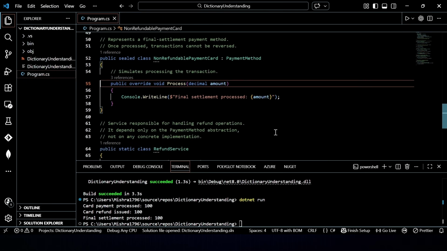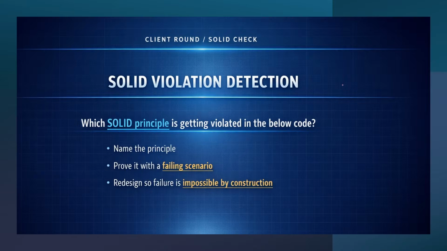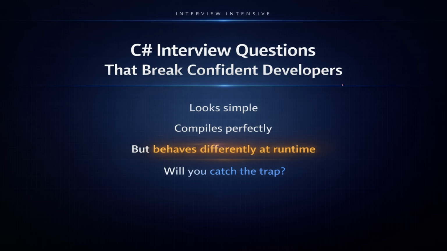Those who already understood the problem and realized that it is LSP, I hope at least they have got to know how to respond to these questions and how you should build the interview answer, right? You should not jump into answering the question. You should go with the flow, that why I think LSP is being violated and what are the steps we can take in order to fix it. Now that we already have some clarity on how to respond to this question, let's look at some more questions